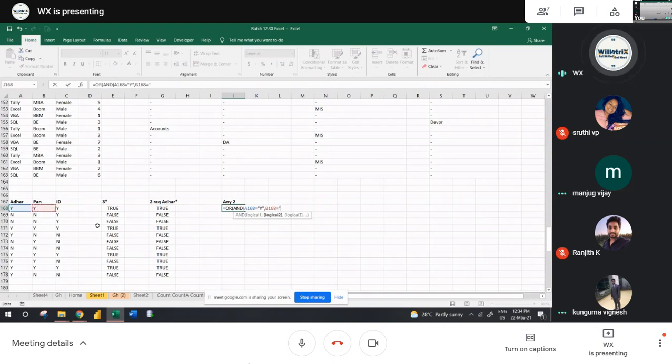First set this. Then second set, PAN card equals to yes or ID equals to yes. This is the second set. Then third one, again ID equals to yes or Aadhaar equals to yes. Close the bracket of these two. So any one set of these three sets. Understood?